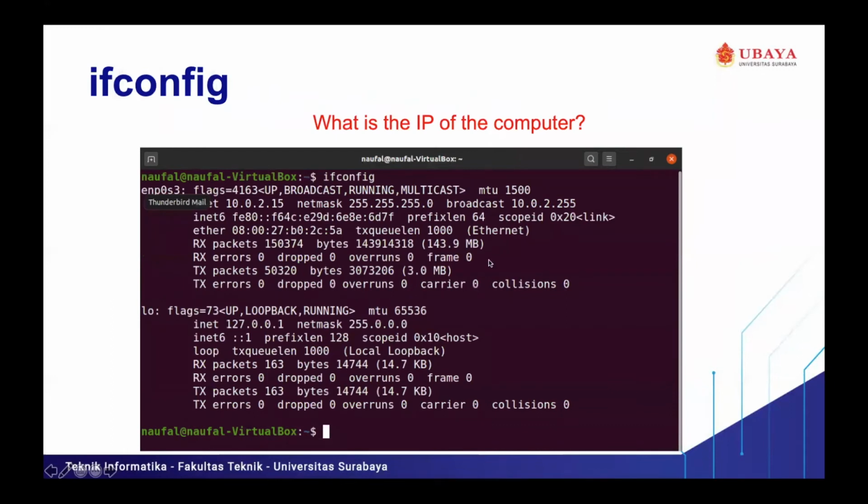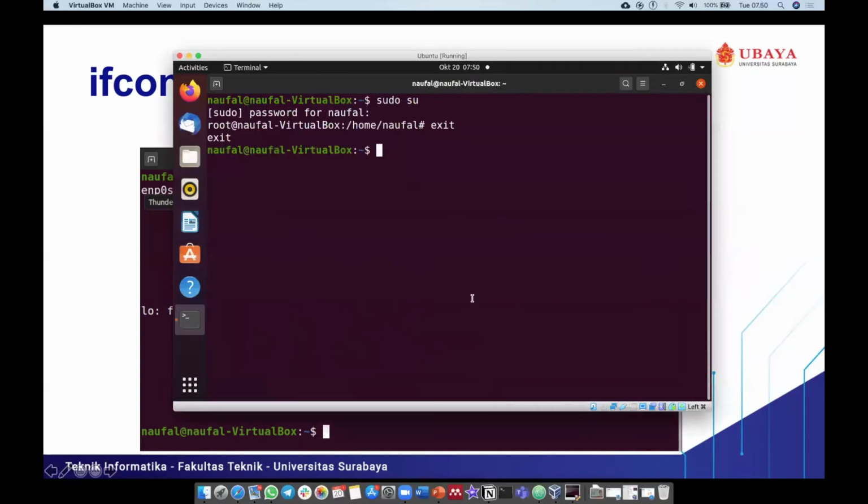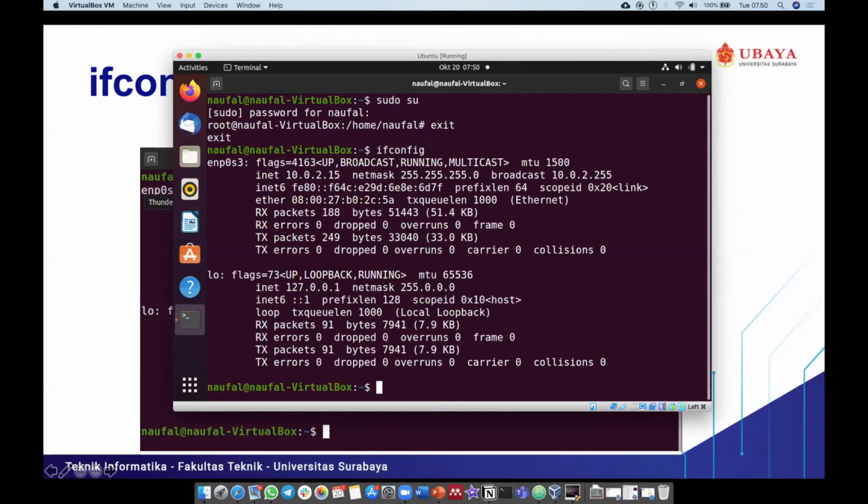If you want to see the IP address of your computer, you can just type ifconfig. In Command Prompt in Windows, you type ipconfig, but it's a little different with Ubuntu or the terminal. You need to type if, not ip, ifconfig. So I will show you. If I type ifconfig like this, I will see my current IP address. So my IPv4 address is